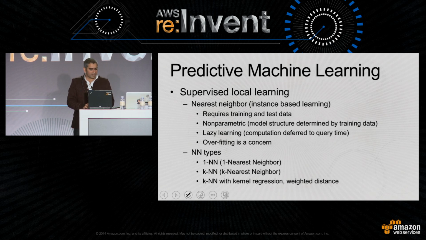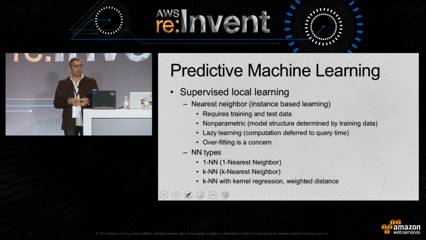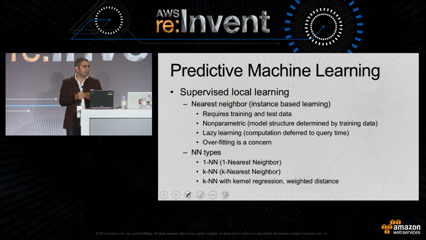I'll wait to explain that in a second because I'll have that coming up in the next slide as well. So we're going to talk about nearest neighbors. Three different types. Actually, there is only one type, just that the values of k are changing and how you decide the weight of the k nearest neighbors is changing. But the logic is pretty much the same.